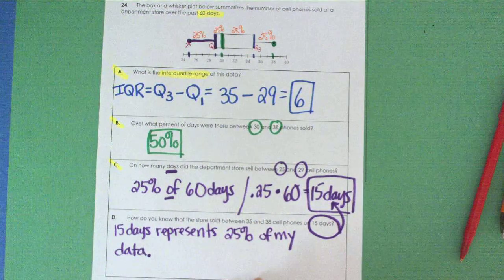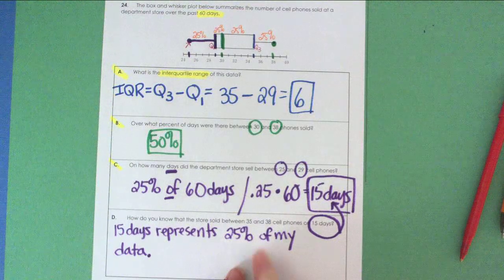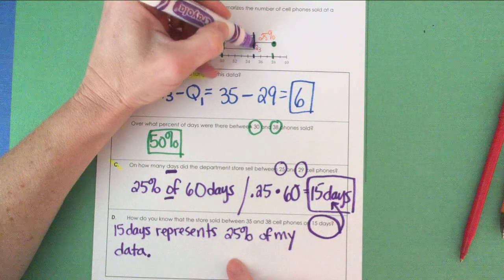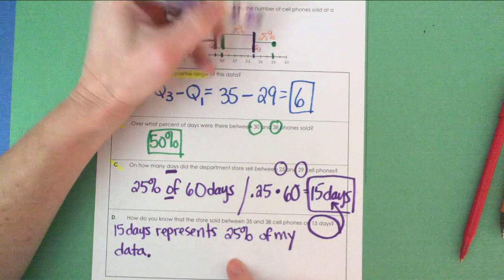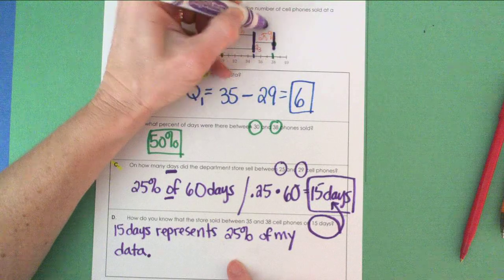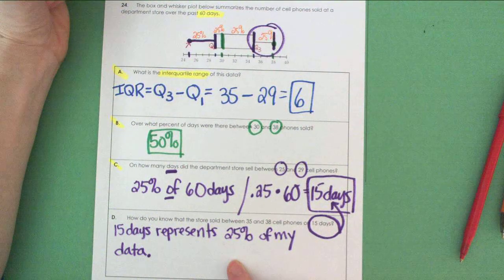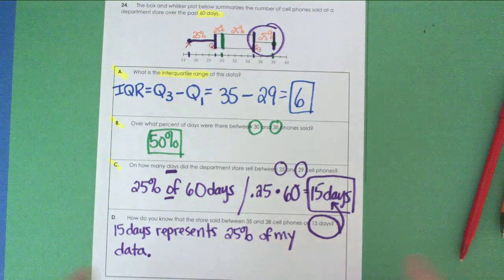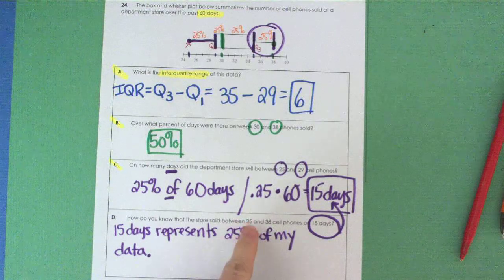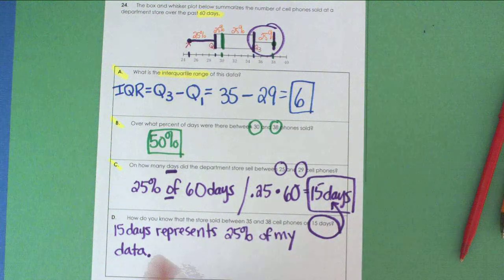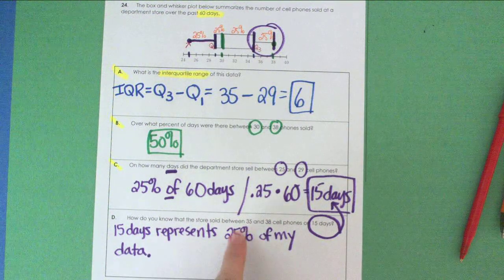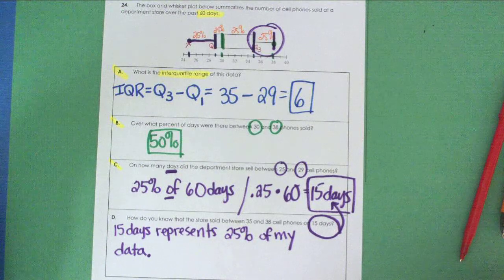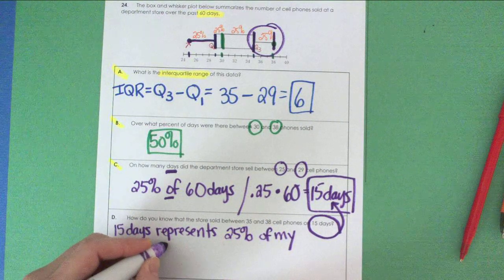So if I look up at my box and whisker plot between 35 and 38, 35 is right here, 38 right here, so that is 25%. So if 15 days is represented by 25% of my data, and 25% of my data lies between 35 and 38 cell phones, then I can be sure that the store sold between 35 and 38 cell phones on 15 days. So I'll say, since